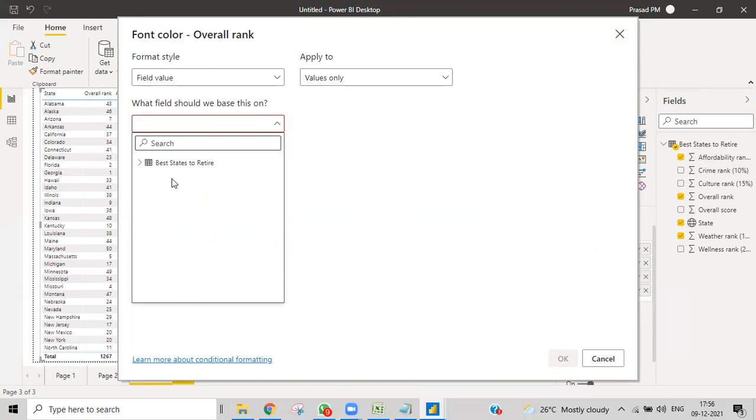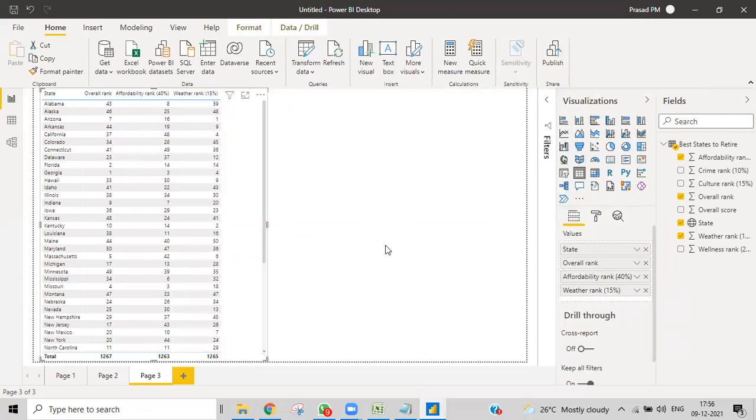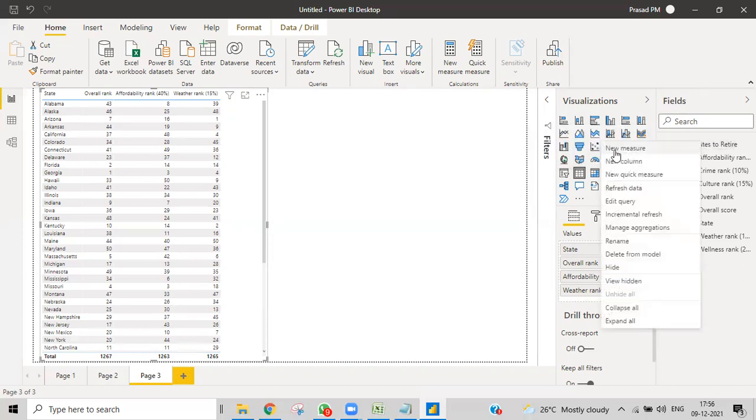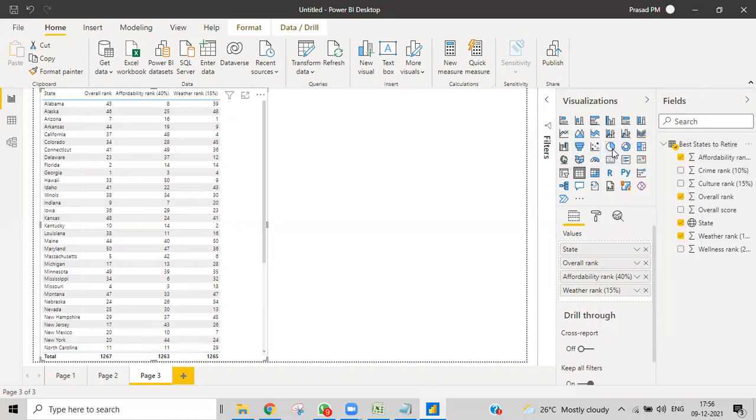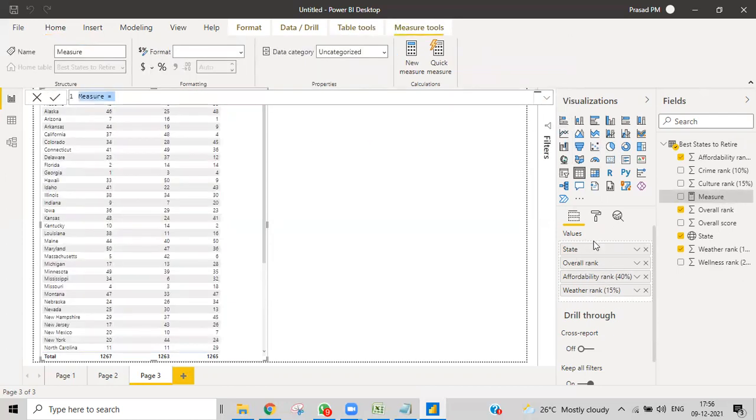We need to take care of that. What we can do is I'll just write a code for you, and then I'll show you how to do that. I'll write a measure over here. Don't worry about what I'm writing right now. Just check whether we are doing something over here or not.